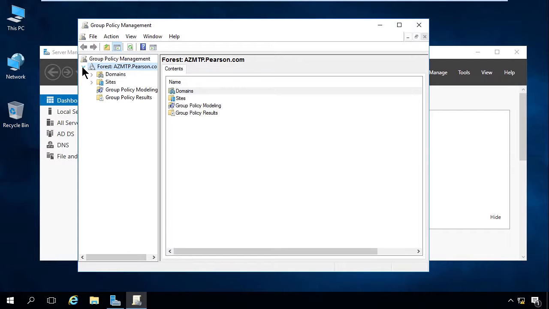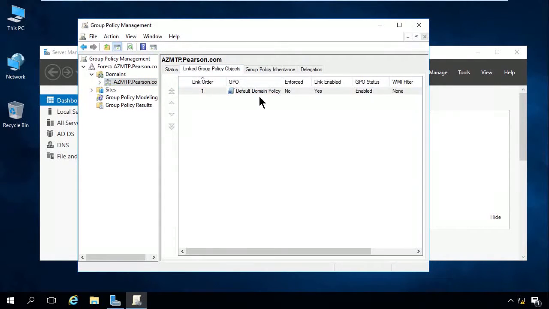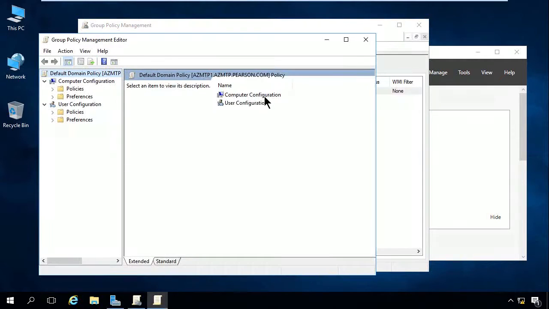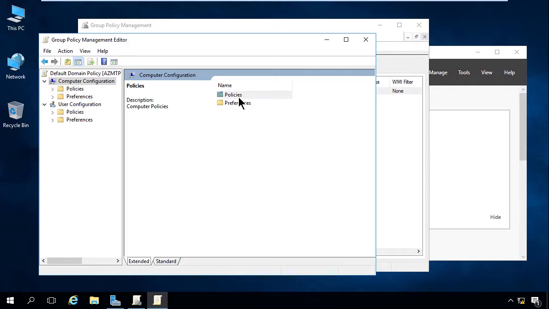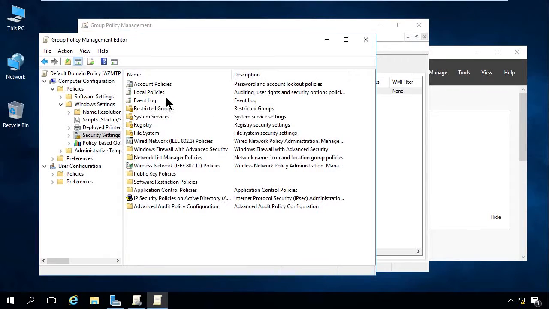We're going to expand on the forest, and we have our domains. We have the azmtppearson.com domain. If we go to the linked group policy objects, here's the default domain policy that we want to modify the domain account policies on. So I'm going to right click, I'm going to click Edit, and we want to go to the computer configuration, policies. So I'm double clicking as I'm doing this, Windows settings, security settings,